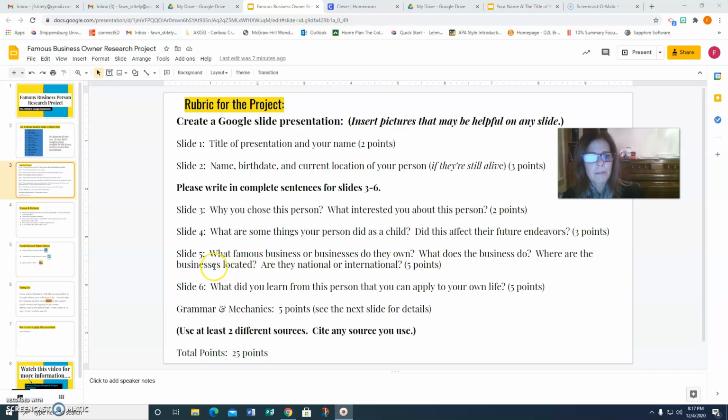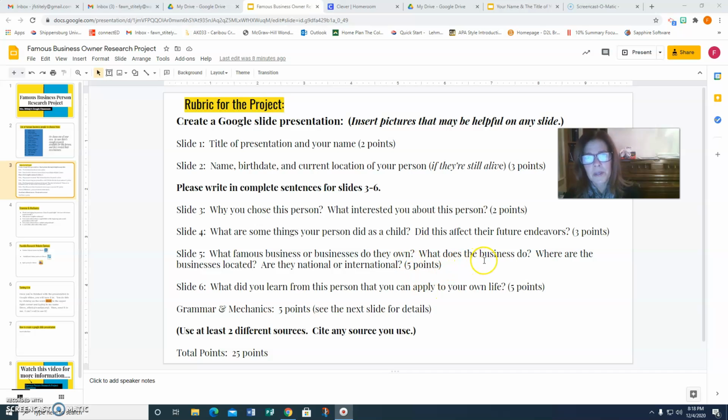The fifth slide, what famous business or businesses do they own? For example, Walt Disney, well, we know that he owns Disney World, Disney Park. He owns all the movie rights to a lot of things. Oh my gosh, you're going to find out so much information. He's just one person that comes to mind. But there's going to be other businesses, obviously, that these people are going to own.